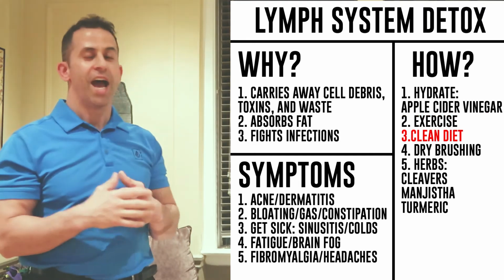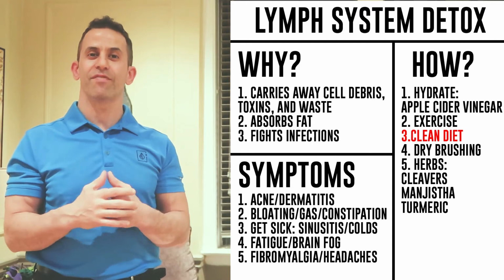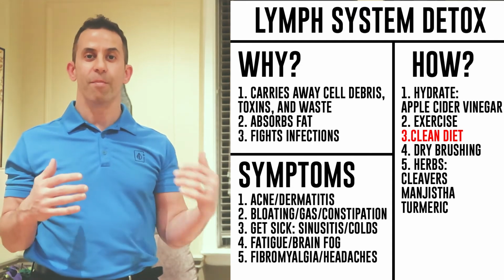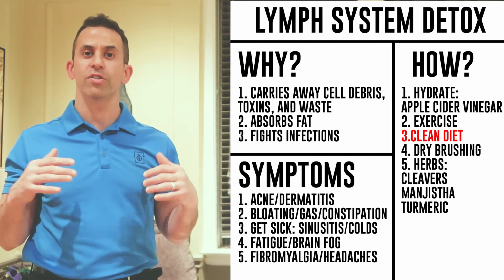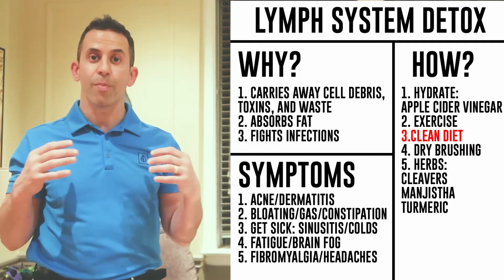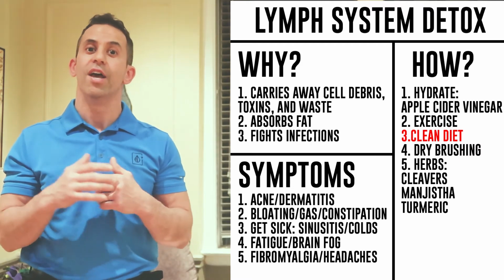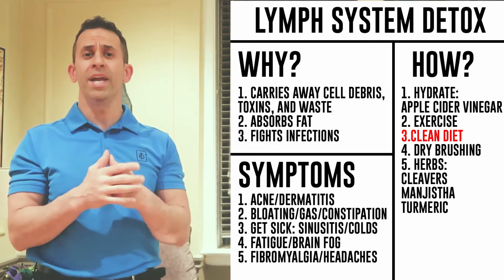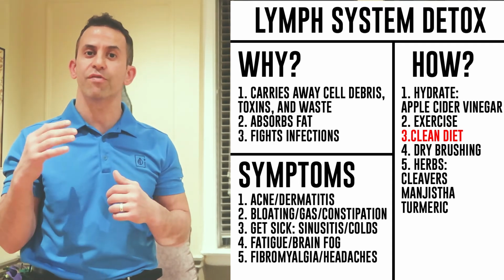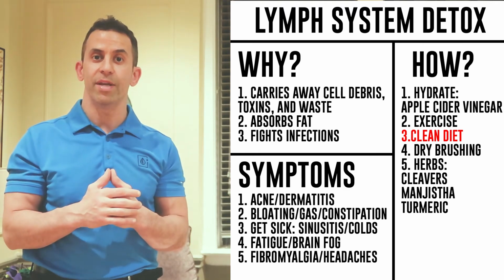Number 3, a clean diet. Now, what does this mean? There's a lot of diets out there. There's a lot of confusion. For me, a clean diet means this. A, you have to get all your essential nutrients that your body requires to function at 100% every single day. That means vitamins, minerals. Make sure you're getting all of your essential fats, omega-3 fats like wild-caught salmon, or even